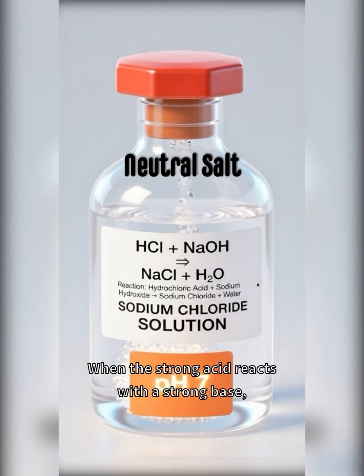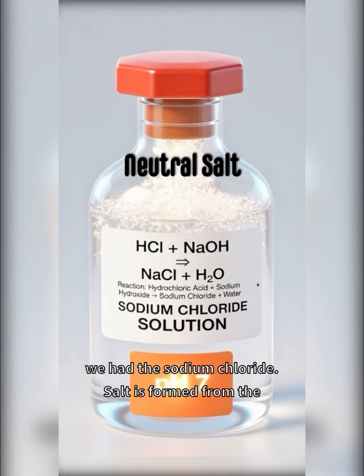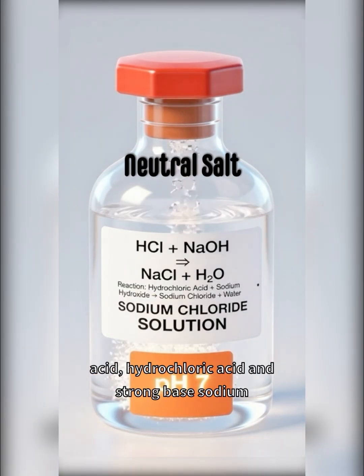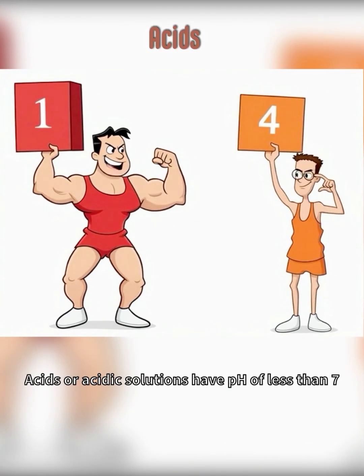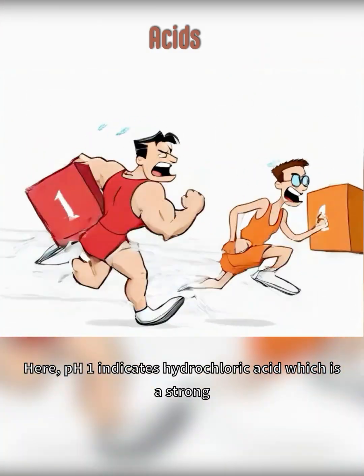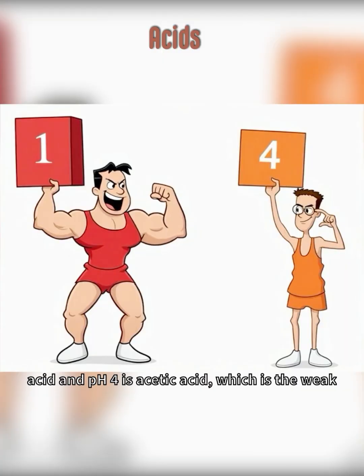When a strong acid reacts with a strong base, it gives a neutral salt. Here sodium chloride salt is formed from the acid hydrochloric acid and the strong base sodium hydroxide. Acids or acidic solutions have a pH of less than 7. Here pH 1 indicates hydrochloric acid, which is a strong acid, and pH 4 is acetic acid, which